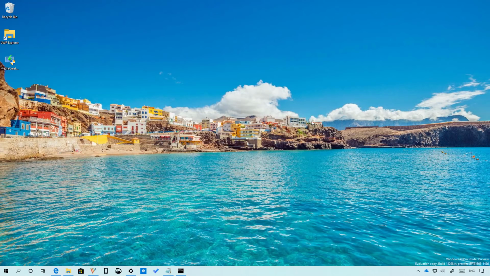And that's pretty much all that's new with Windows 10 build 18298 as part of the 19H1 development that we're likely to see sometime in April of 2019. This new flight also includes some improvements for narrator, so I'll be leaving a link on the video description below so you can learn more about it.